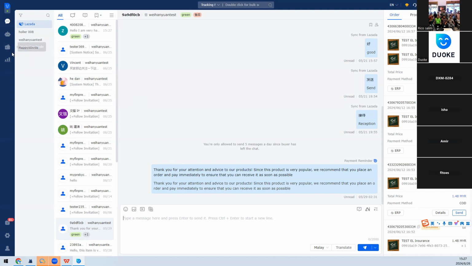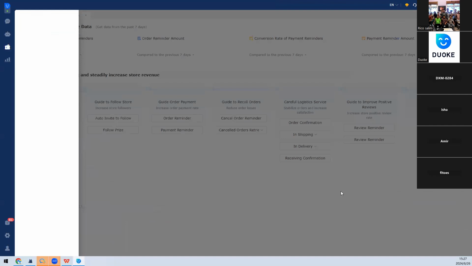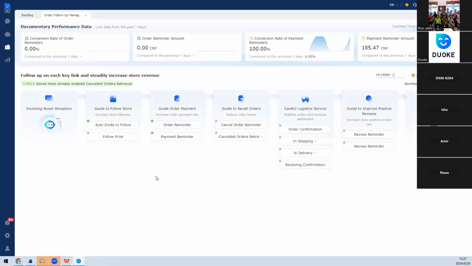Okay. And now I will turn to the second feature. The second feature is the order follow-up management. The first step is we click the marketing tool here, and then we click the order follow-up management. Okay, as we can see, here is the page of order follow-up management. At the top is the data of the effect of order follow-up management. And then the next one here is the flow, where we can see how order follow-up management helps us